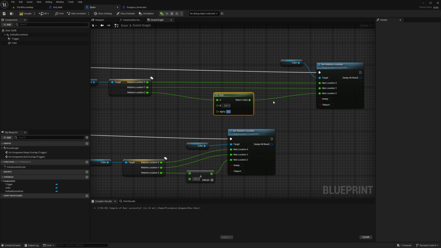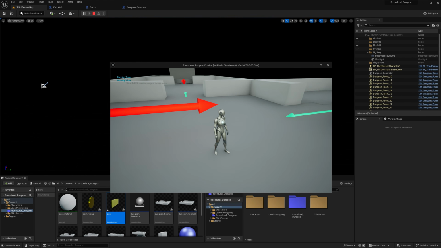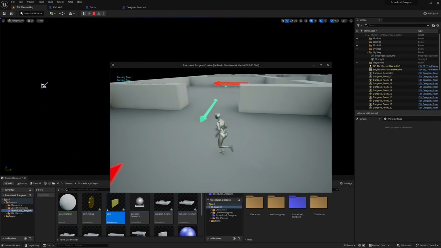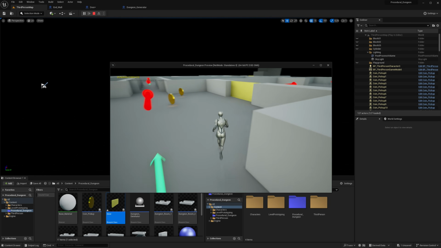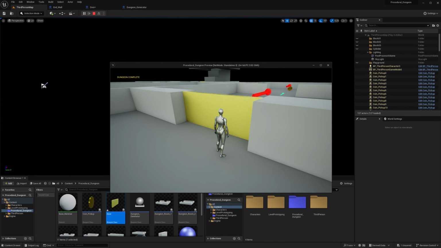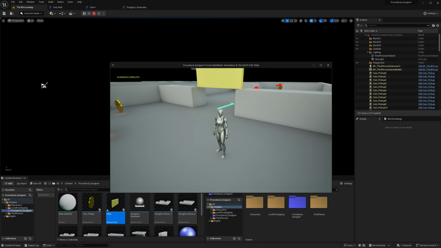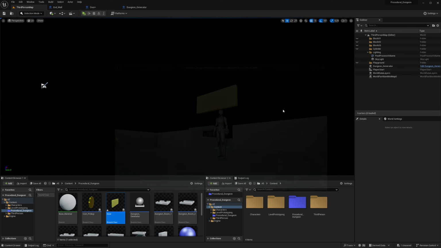Then it should just pass all this along, and the door shouldn't do anything. Whoa. Yeah, it doesn't do anything when we go into the trigger, but when we go out, it will move it. And it will move it further and further up, yes.